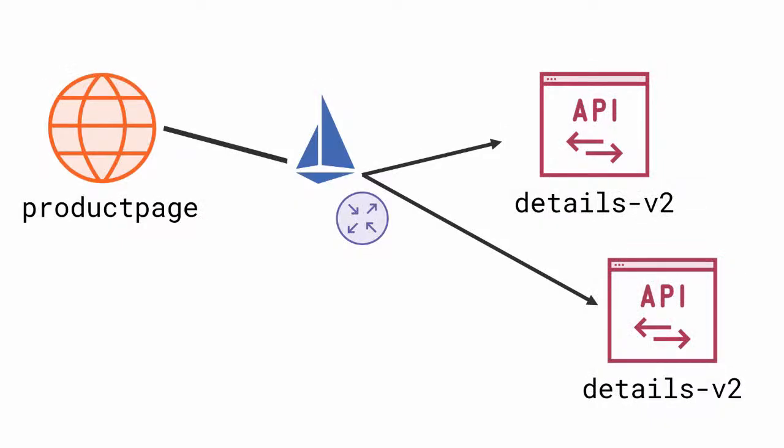So the last thing we're going to cover in this module is a different type of scenario that uses the same features of Istio. But this time we're going to use those features to increase the reliability of our application. So in this example, I've got a new version of my details component and I'm running that at scale. So in Kubernetes, I'll have two replicas, two pods running identical software, and Istio is going to load balance requests